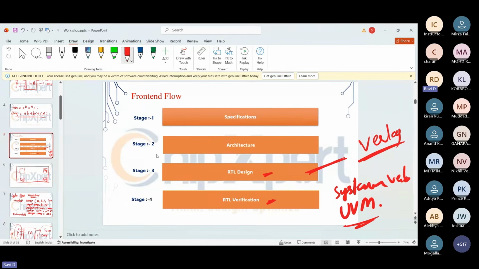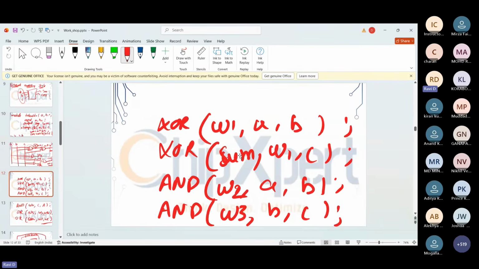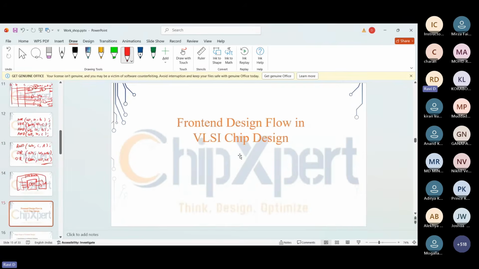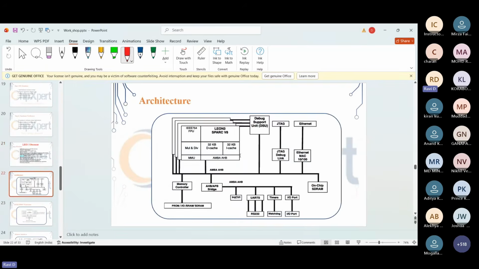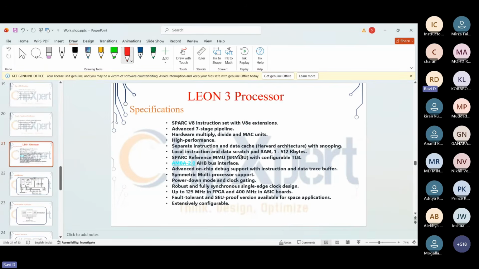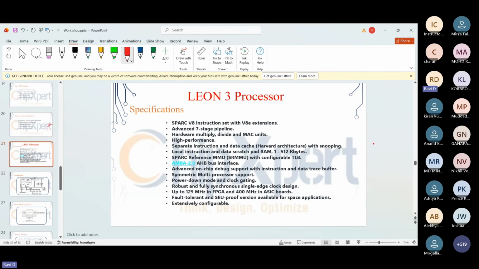So when we choose the front end as a DV engineer, mostly we are focusing on these 4 things. Okay. So this is a basic introduction to VLSI front end. And the next thing we are going to see is the Leon 3 processor. The main intention is how we design a chip, right? How a chip is made. So we'll see a real-time design that we have done. That is the Leon 3 processor.